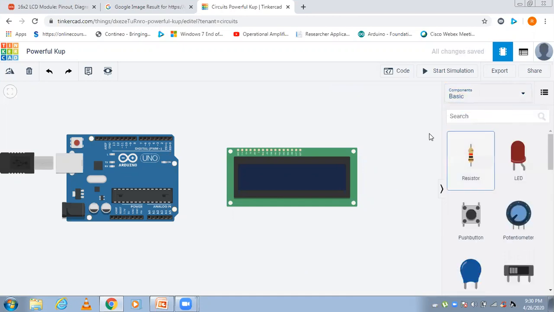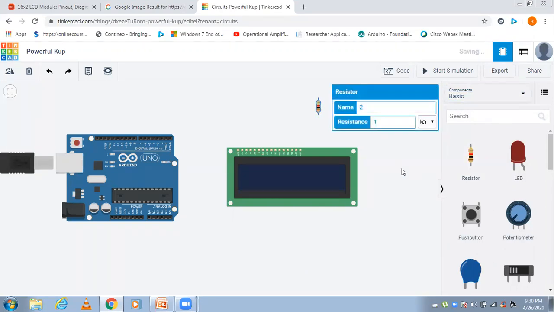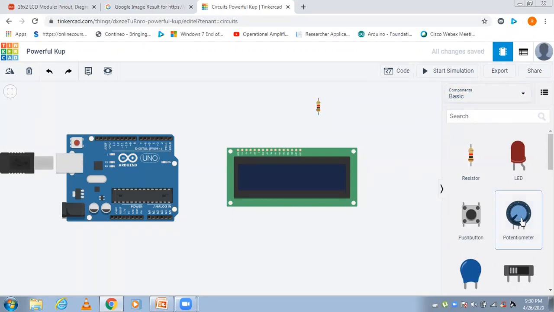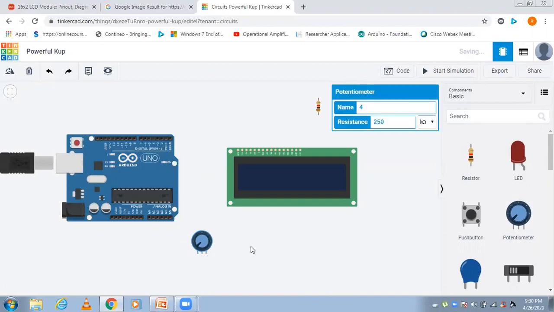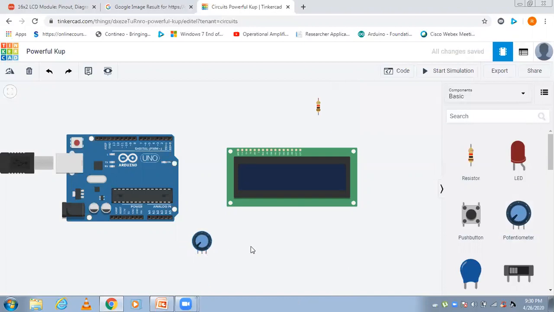We need one resistor. Similarly, we need one potentiometer, right? These are the components required to connect to the LCD. Check what components should be connected. Listen here, this potentiometer. We'll connect it and check this.